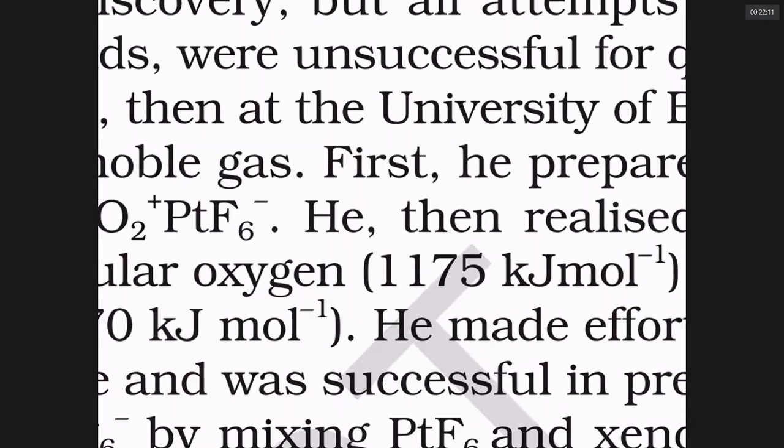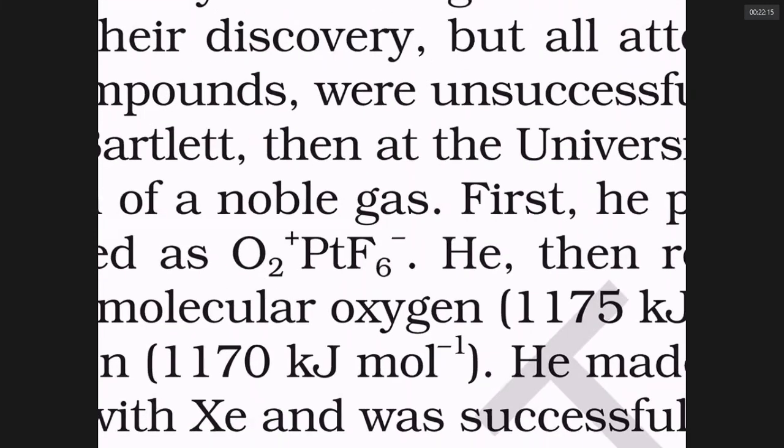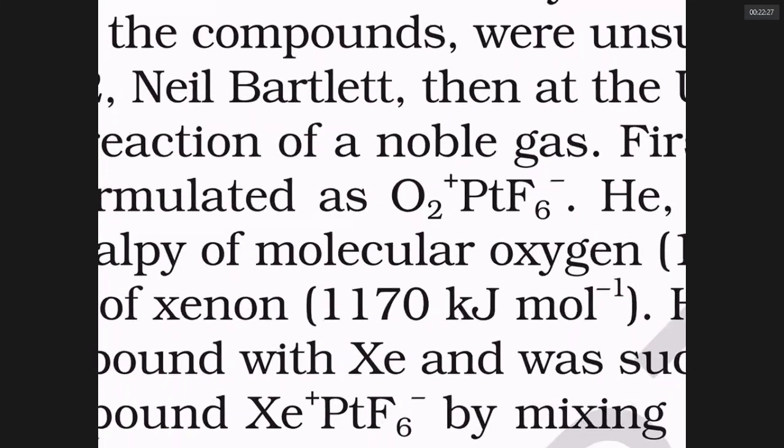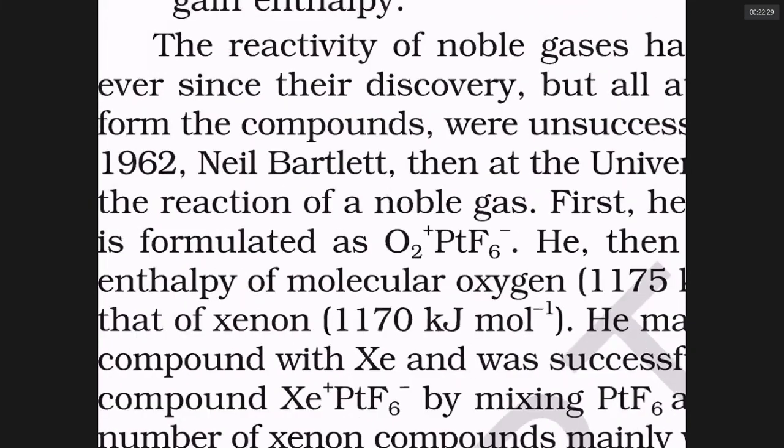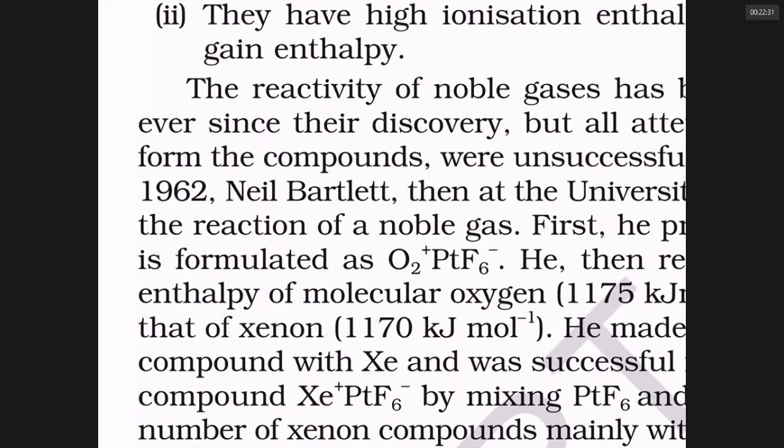But he could just make it in the laboratory simply. It is an orange red color solid. Then he got an idea. In this reaction, if O2 is losing an electron, why cannot xenon lose? Because xenon's first ionization energy is a little less than this. Then immediately, instead of oxygen, he tried to make a similar compound with xenon. And he got